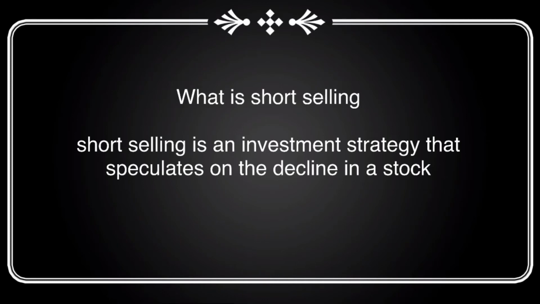In short selling, a position is opened by borrowing shares of a stock or other asset that the investor believes will decrease in value by a set future date, the expiration date. The investor then sells these borrowed shares to buyers willing to pay the market price. Before the borrowed shares must be returned, the trader is betting that the price will continue to decline and they can purchase them at a lower cost. The risk of loss on a short sale is theoretically unlimited, since the price of any asset can climb to infinity.